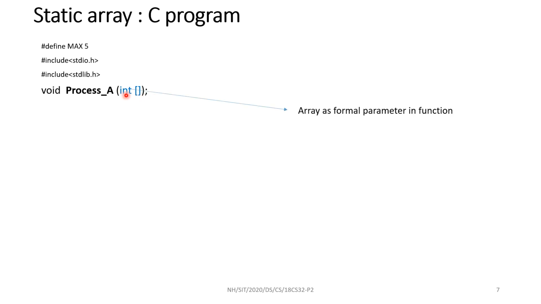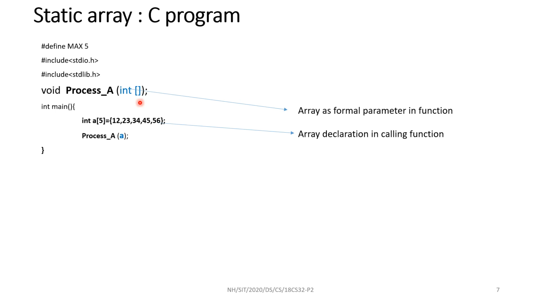So this is formal parameters that is used in the function. Now I am defining an array A which can hold 5 data elements. Data size is fixed. That is why this type of array is called static array. Array is declared. Array is initialized, having 5 elements. 12, 23, 34, 45, 56 are data elements. I cannot add one more element because size is now fixed.